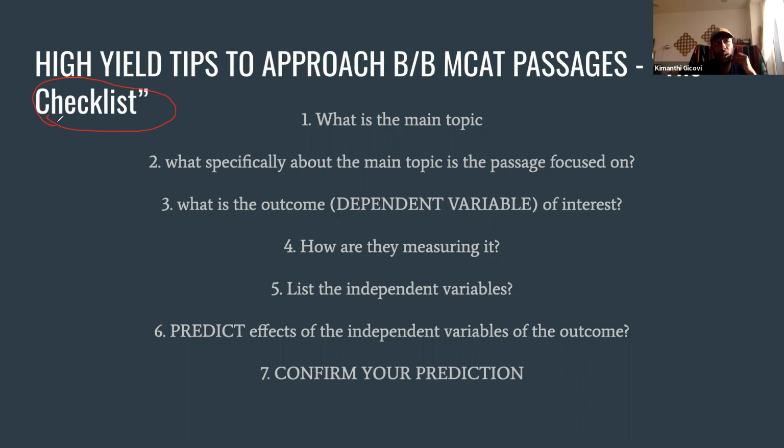First thing I do when I look at a passage, I say, what is the main topic, right? And I'll just point out the one thing that most people obviously know, a main topic can be a concept, right? But the most challenging thing for a student to pick up on in the MCAT is that the MCAT makes main topics that are processes, right? It could be a set of steps, right? And so you can't necessarily capture the whole main topic in one word, right? It's not receptor, it's not metabolism.